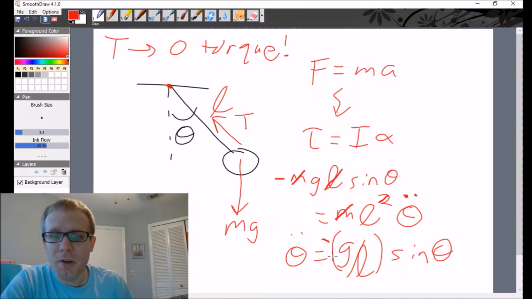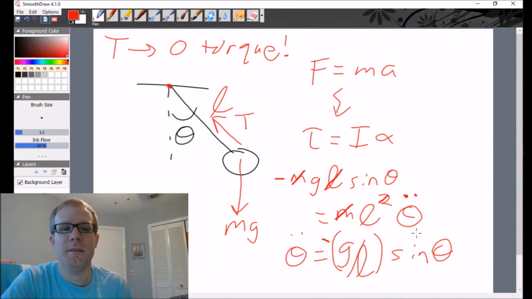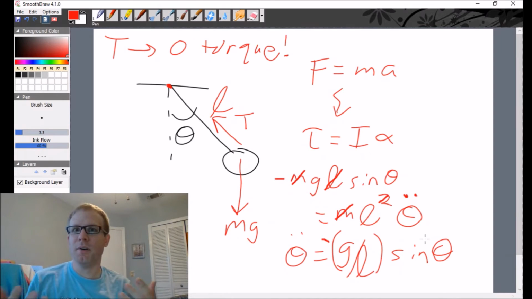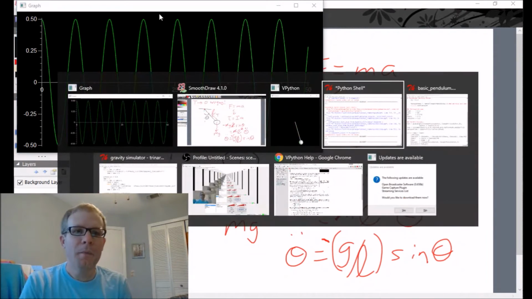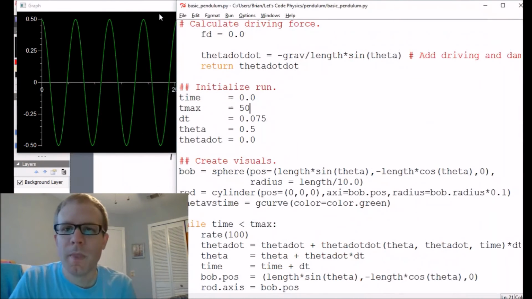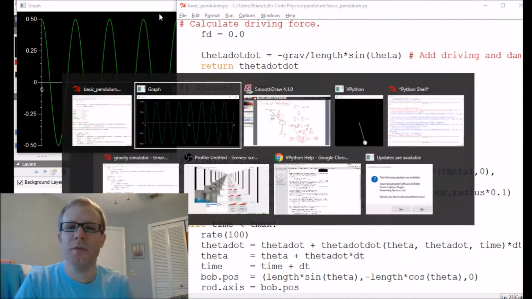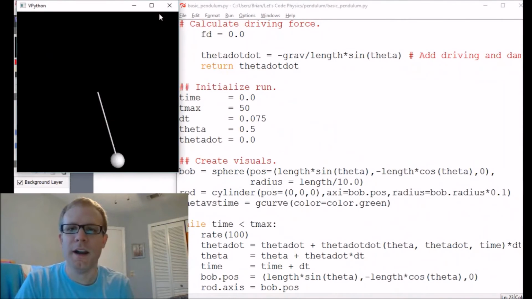What that means is that theta double dot is equal to a negative constant times theta. And that's the simple harmonic oscillator, right? That's the differential equation that gives you sine and cosine. You can think of that as where sine and cosine come from. But if you make your amplitude larger, so right now we've got an amplitude of 0.5,